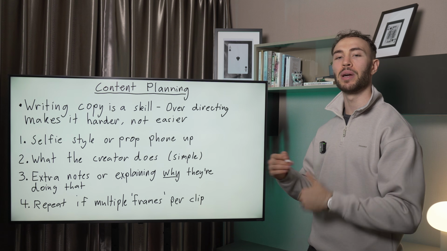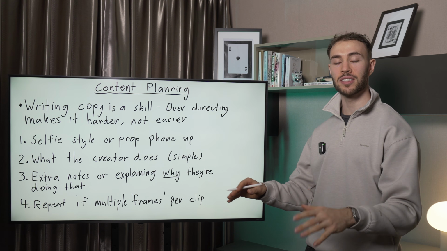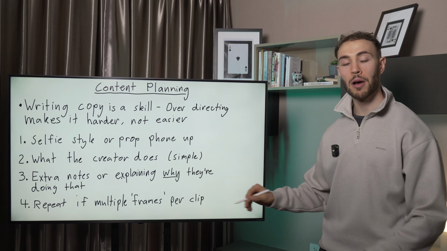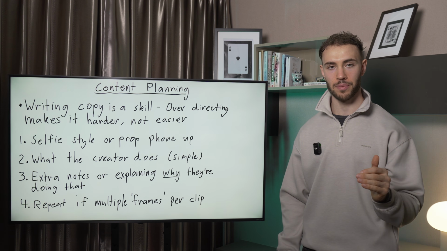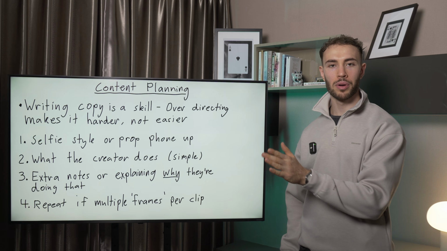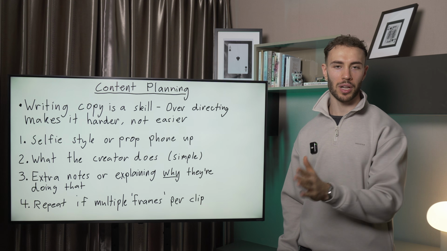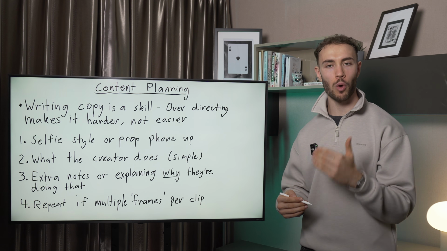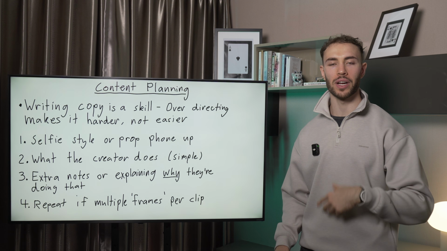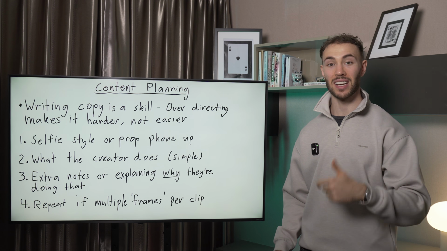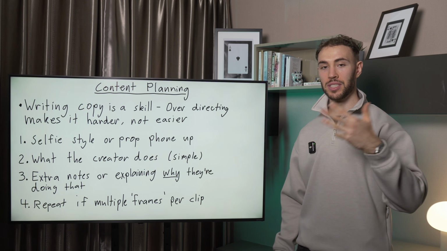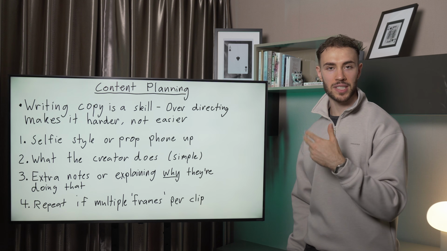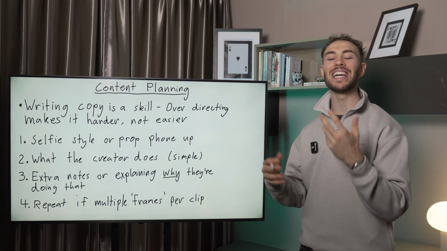I would recommend having a bit of a variety throughout your sequence just to keep it interesting. The next line is what the creator does, but written in simple terms. Start by teasing with your top, take it off slowly, nipple play. Very simple. And something that does help, use the same key words for things that the creator will be doing a lot, like strip tease, light hand play, dildo teasing. By using consistent wording in all of your sequences, creators are going to be able to easily pick up on